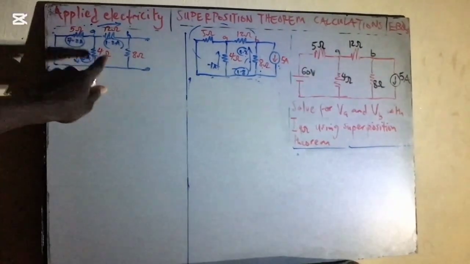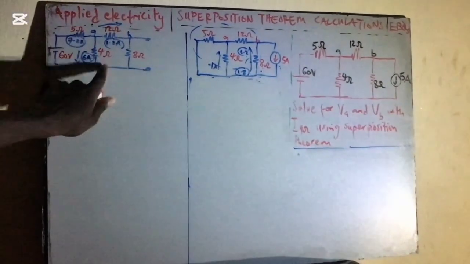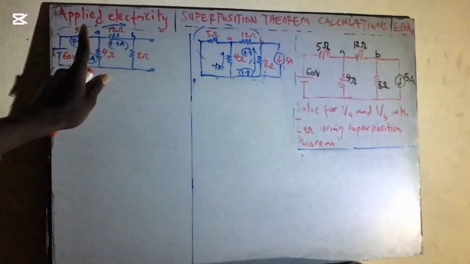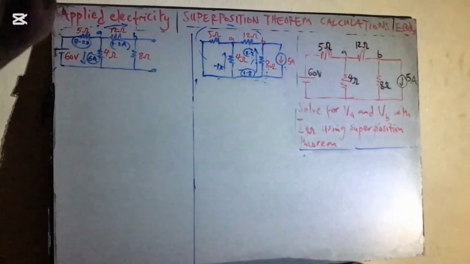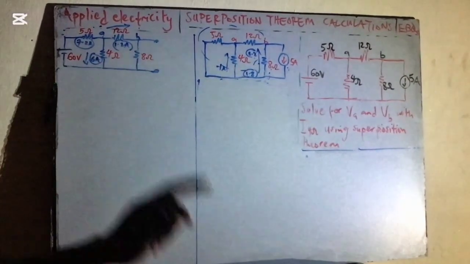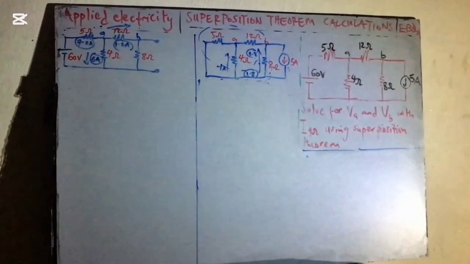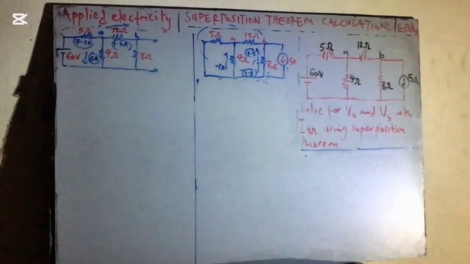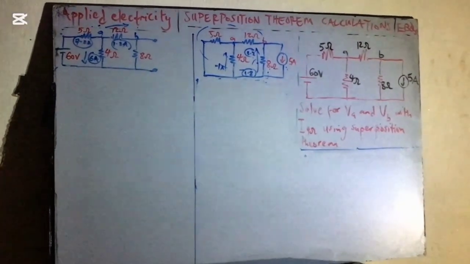This is the voltage source. Just focus on these red resistors, because that's what I picked from there. Every other thing there is just an assumption. We are going to be using that as we go on. So now we are using this source. Now we want to get VA, VB, and the current flowing through the 4 ohm resistor. So now, without wasting much of our time, the first thing to always do is to look